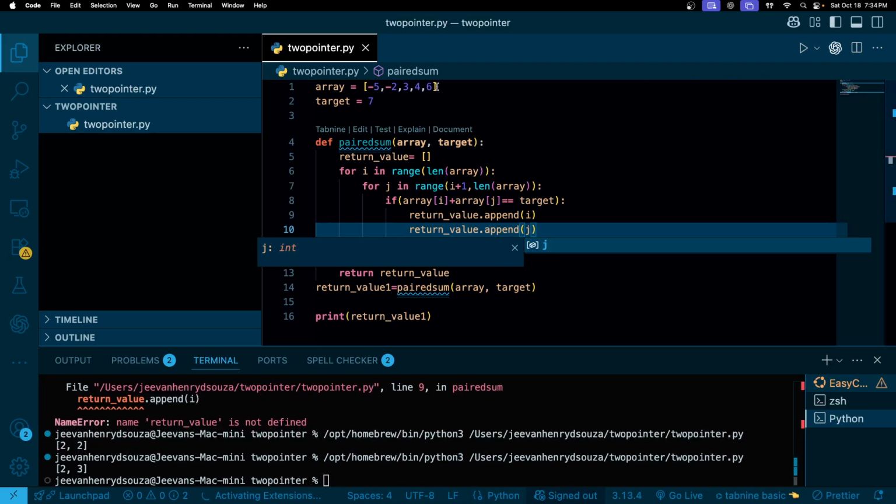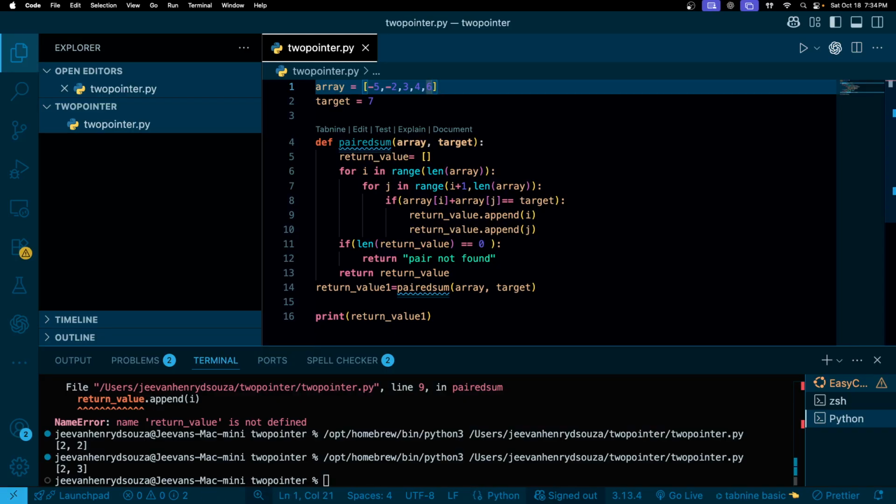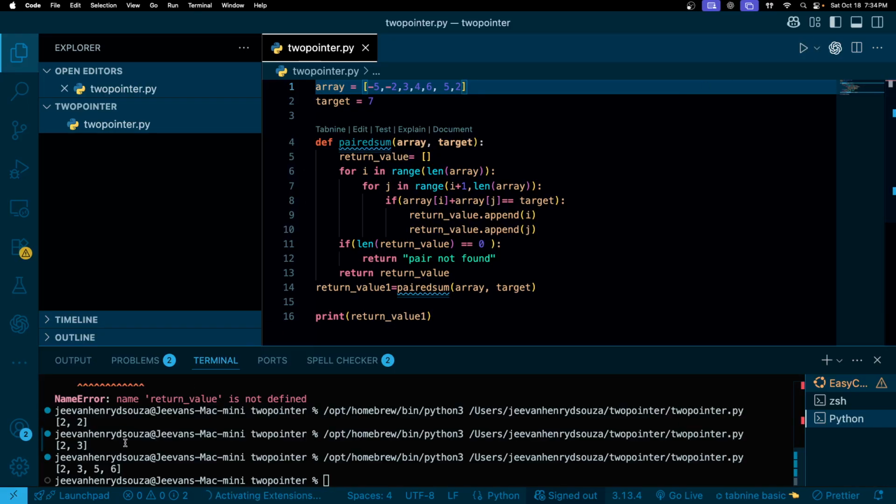What if I have some more? Like, what if I have 5 and 2 as well? This also gives 7. Oh, so now this is giving me all the indexes in one. This is the brute force. But then I don't want this to happen, right? What I want to do is